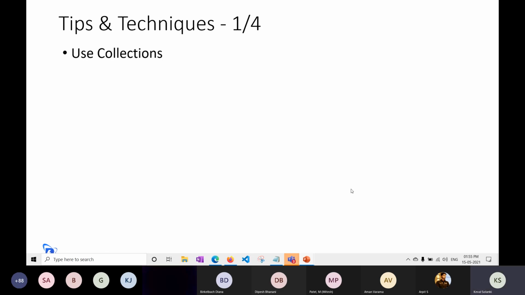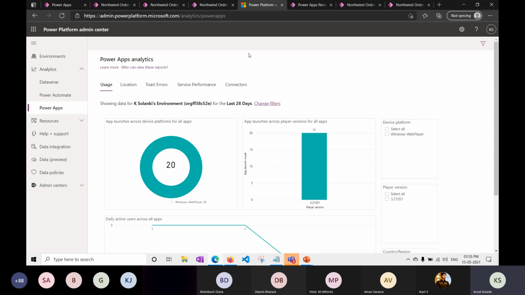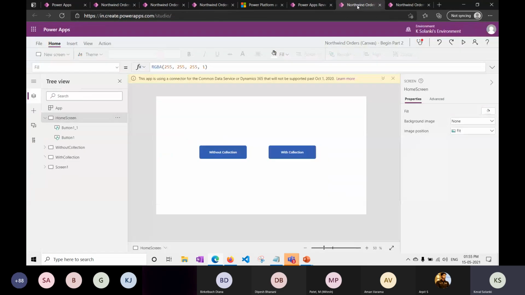So what is a collection? A collection is nothing but storing your data, in terms of a table or array or whatever the form, right? Let's see in practice. I have created one demo, so let me close all other windows. Yeah, so we have created one demo. What we are doing actually,